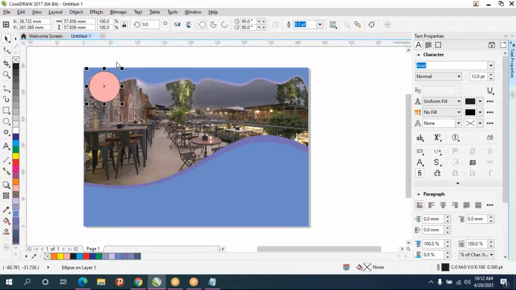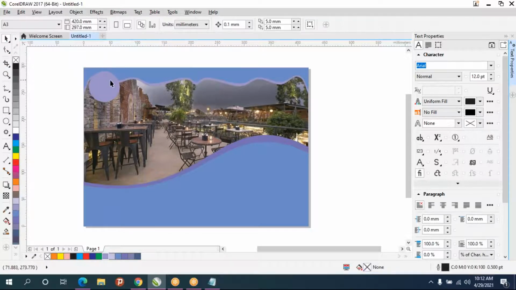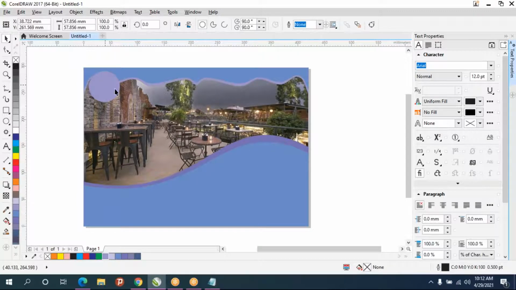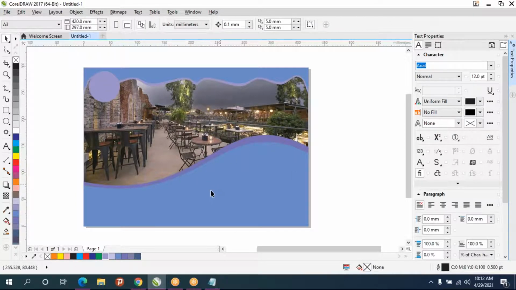I'll fill some color in this. So for example, this part I'm going to keep my logo. So that one we'll see later. So this is my logo part.